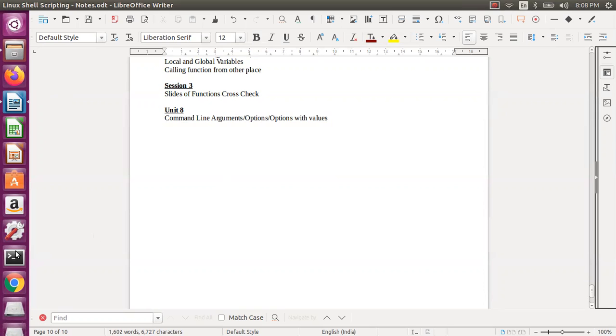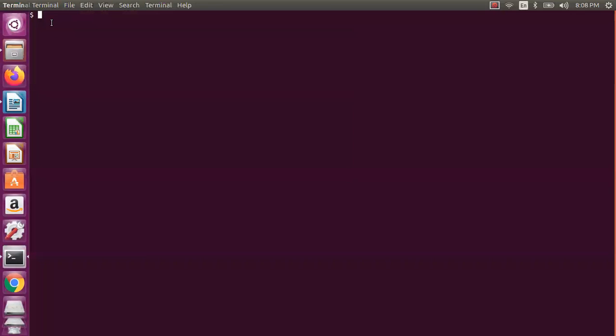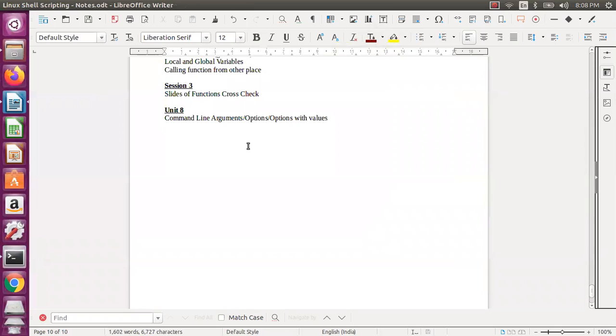Okay, so before we start, let me open the terminal. Whenever we are executing a program, let us assume we give the program name, program.sh. Let us assume you want to do the sum of two numbers. You will ask the user to enter a number.